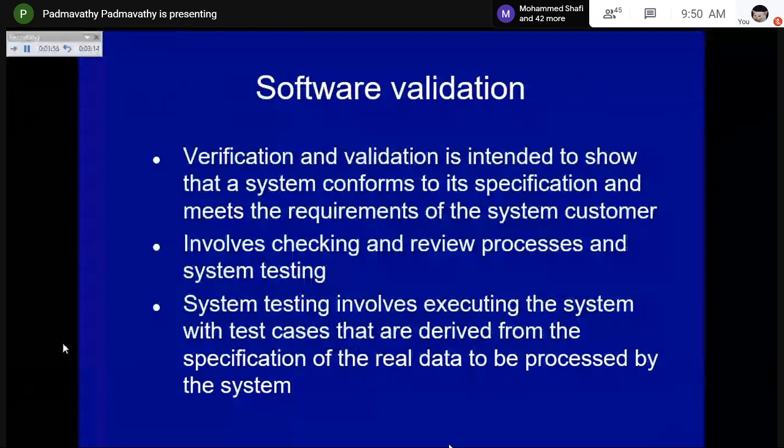So the testing people will not just give 200 and 1000 and check whether the system is doing addition and giving the answer as 1200. No. Beyond expectation, they'll try to find out the fault with the program. If some unexpected data is entered, what will the system do? What answer will the system give to the user? All these are tested. That is the use of the software validation stage.